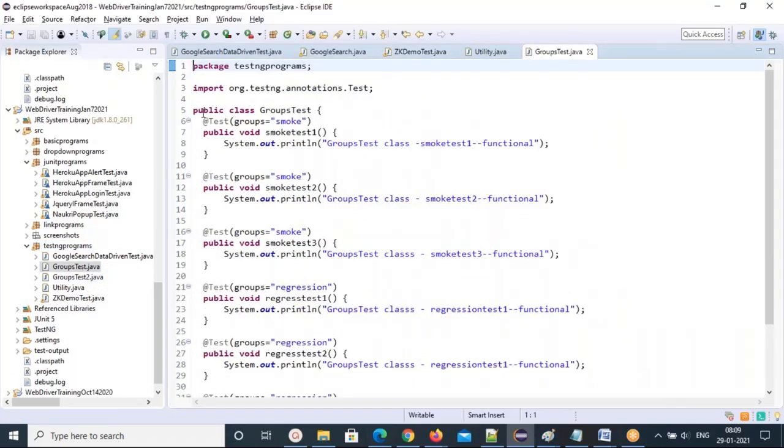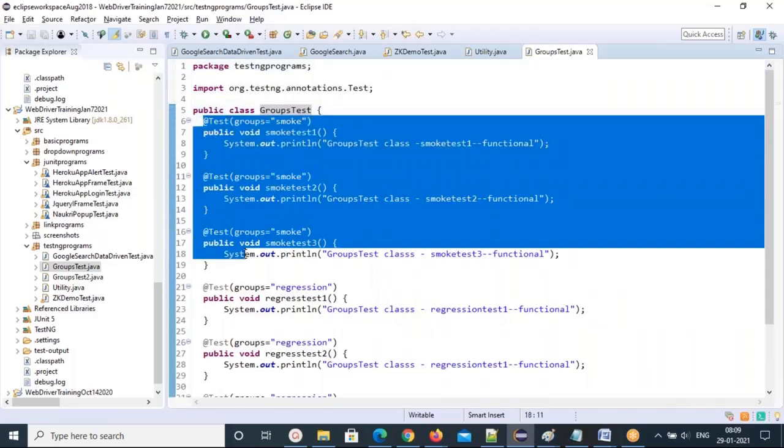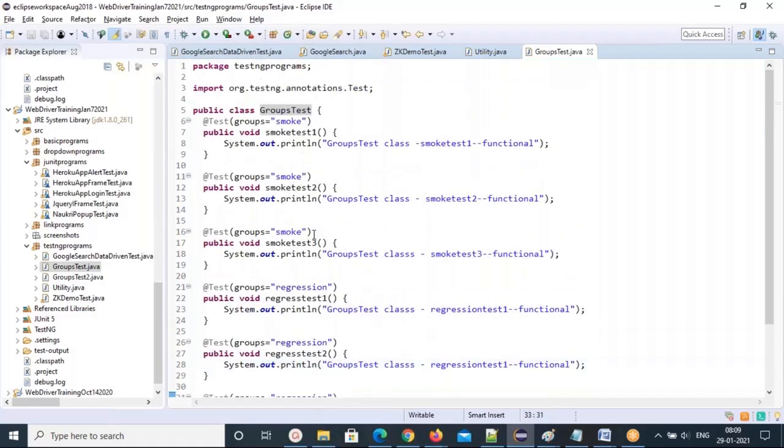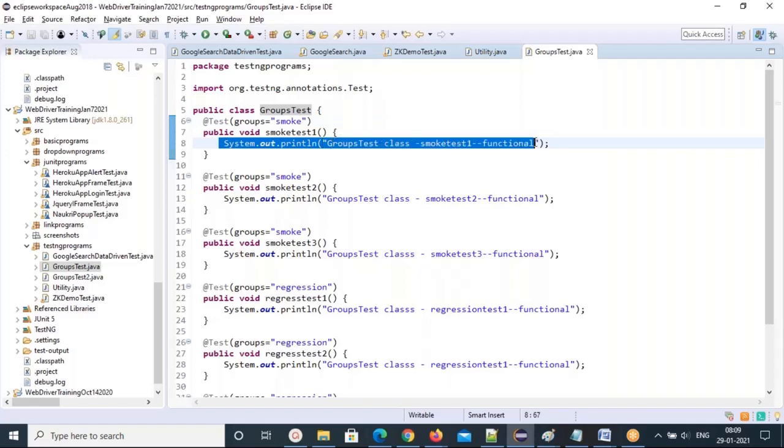This one is public class GroupsTest. I have many test methods in my class, and I'm categorizing them with the groups keyword. At the rate Test, groups equal to smoke. This is the first test case, GroupsTest class smoke test one functional.